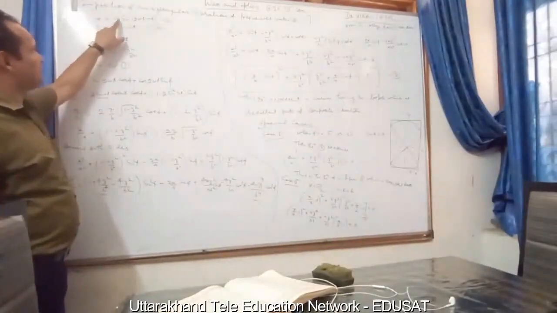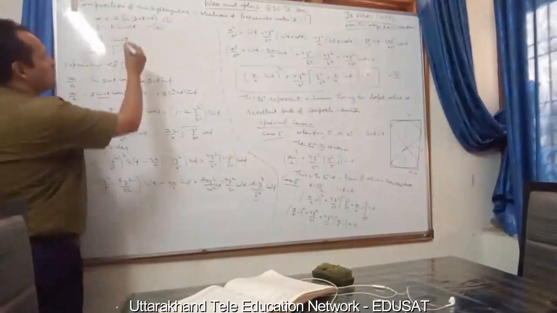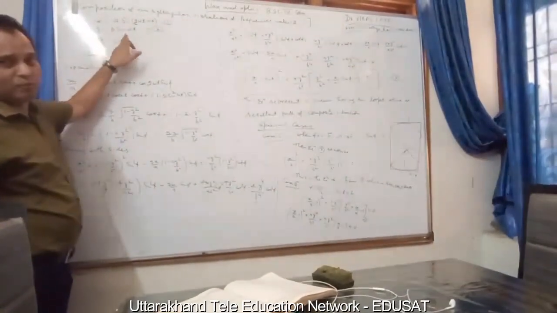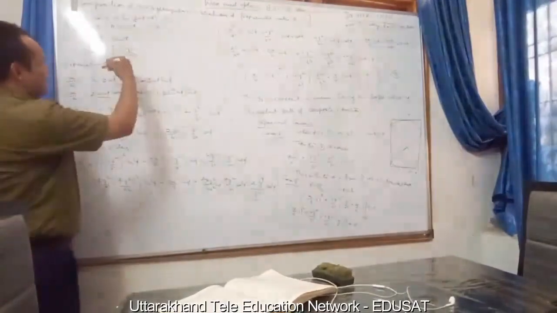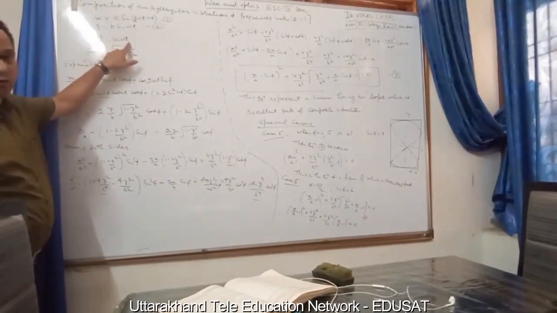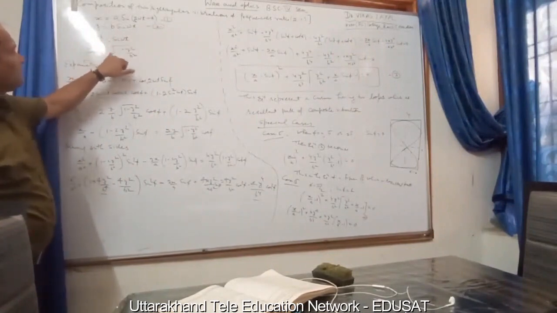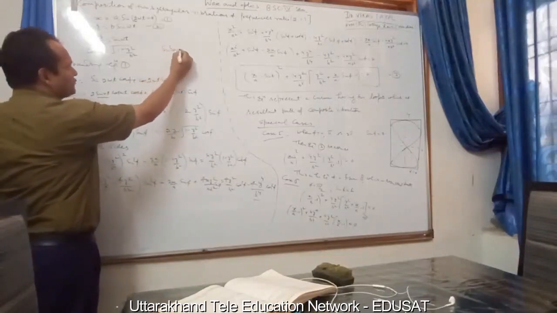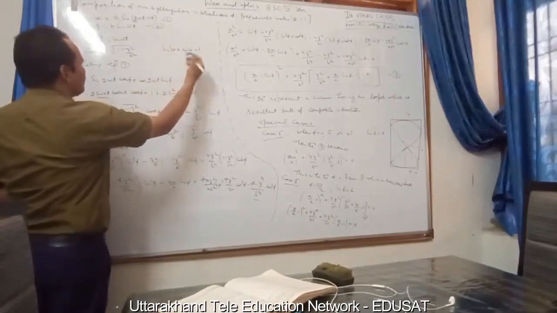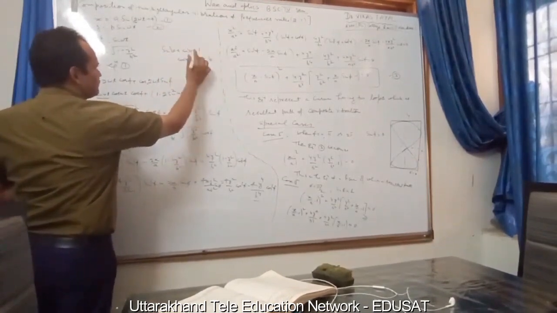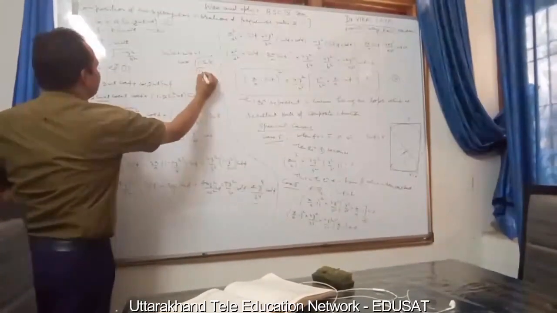One is x equals a sine(2 omega t plus phi) and the second wave is y equals b sine omega t. Then again the process from equation 2: y upon b is equal to sine omega t, cos omega t is equal to under root 1 minus y square upon b square. Similar formula, sine square theta plus cos square theta is equal to 1. Then cos square theta is equal to 1 minus sine square theta, and this value will become y square upon b square.